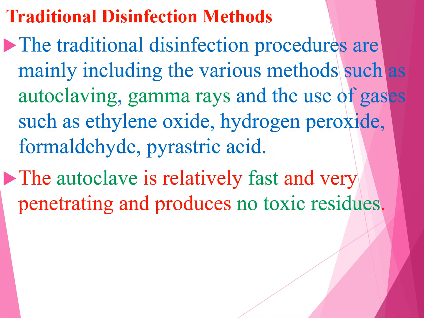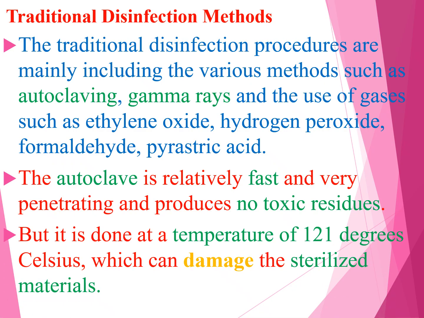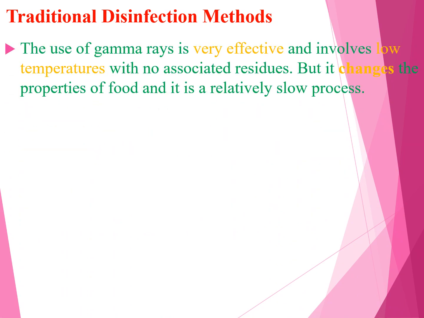The autoclave is relatively fast and it penetrates very nicely and it does not produce any toxic residues, but it works at a temperature of 121 degrees, which can damage the sterilized materials. On the other hand, gamma rays are very effective and they work at low temperatures with no associated residues, but they damage the properties of foods and it is